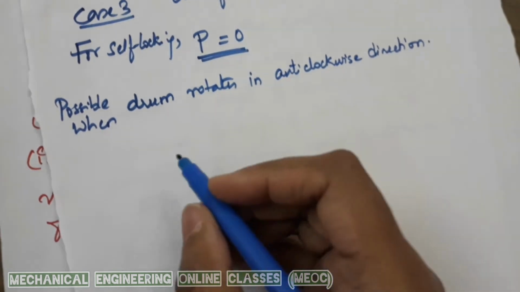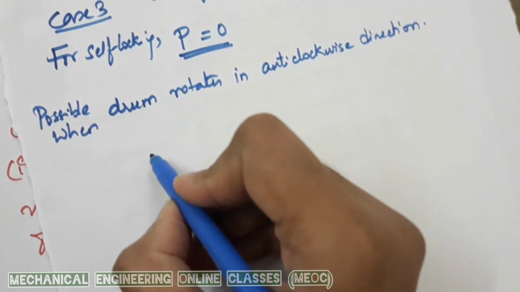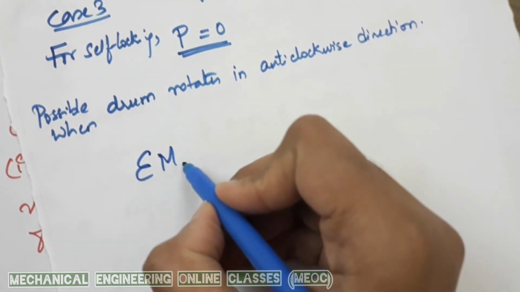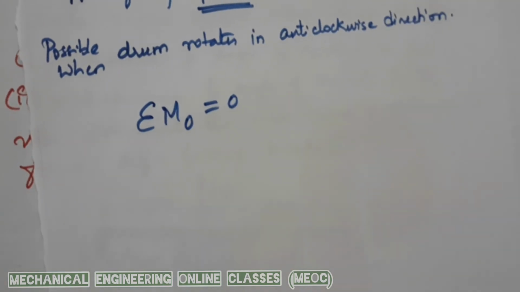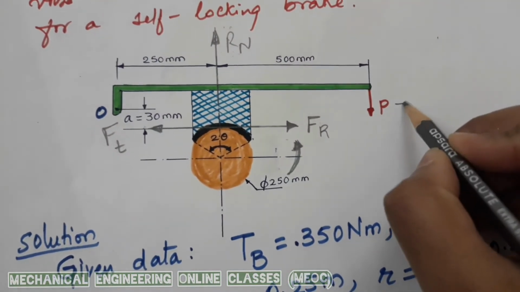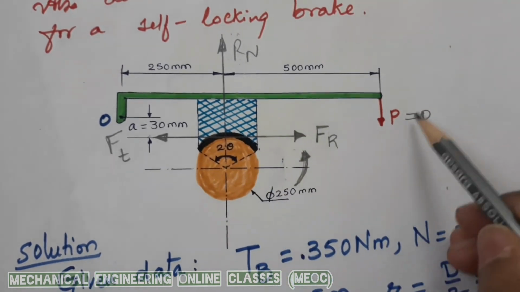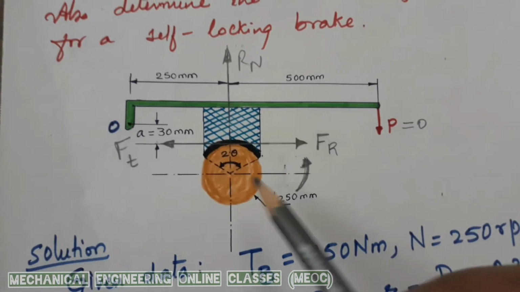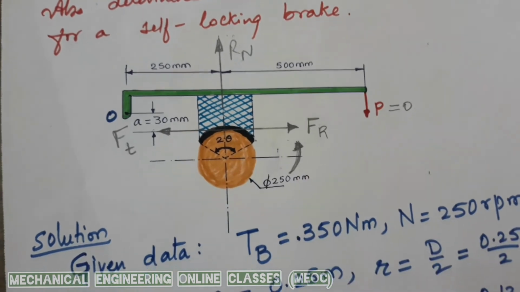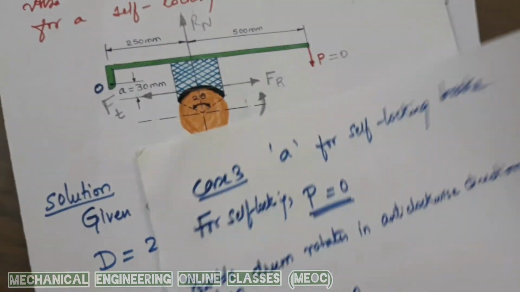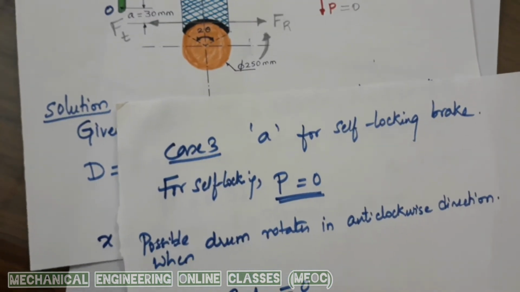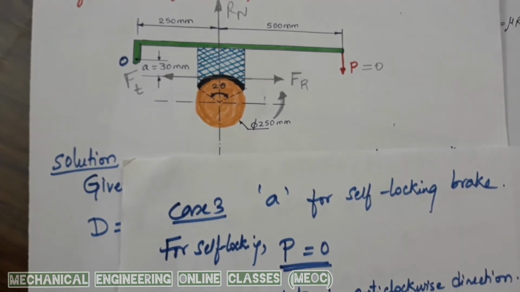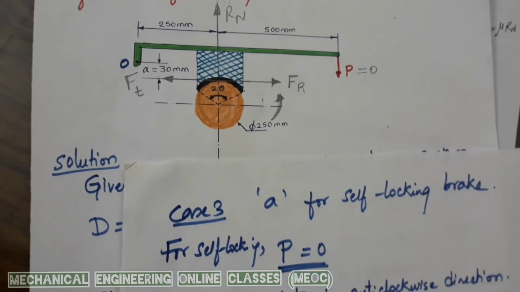Now when this is chosen, for the given problem, let us apply the equilibrium equation of moments. So there also the sum of moments must be 0 only. Now, let us write the moment equation for the given setup. For self-locking system, P is 0, and based on the given equations, this should be rotating anti-clockwise. Then now let us write sigma M equation. So here also I am assuming that clockwise moments are positive and anti-clockwise moments are negative.